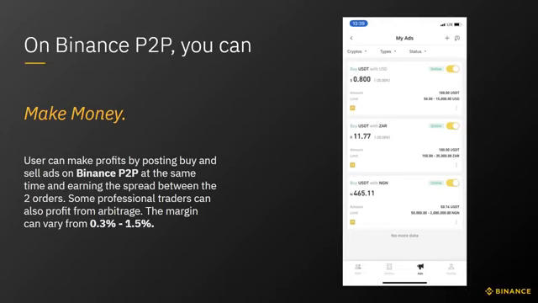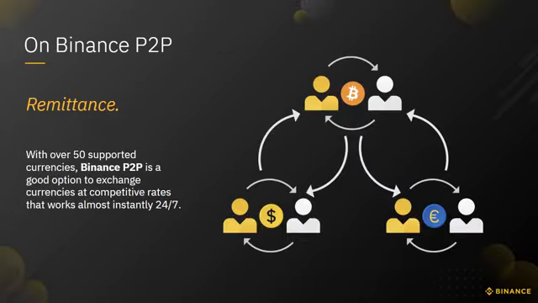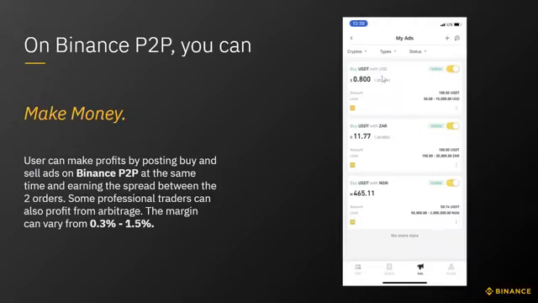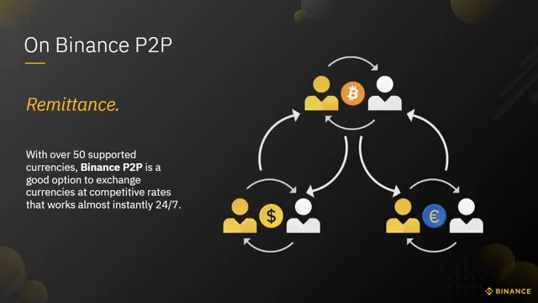So users can make profit by, look at the interface here, guys. The person buys at this rate. Let's say the person buys in a different currency and converts. Look at this different currency, USD, then Naira. Okay. So on Binance P2P, remittances with over 50 supported currencies, Binance peer-to-peer is a good option